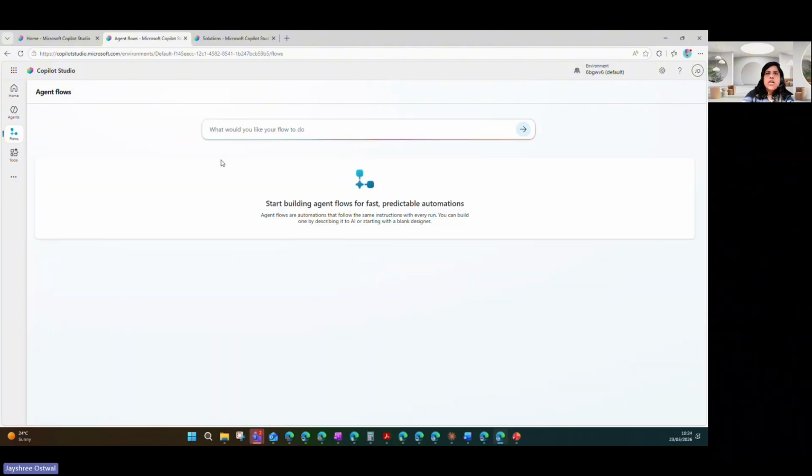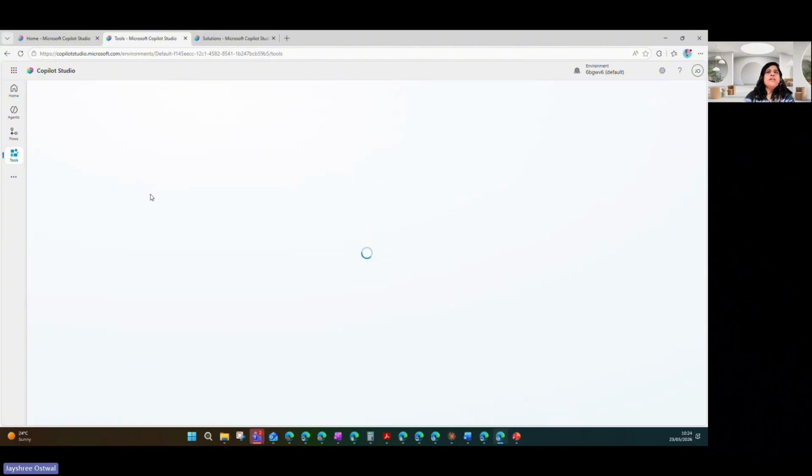Okay, the next tab here is Flows, where you would be able to create agent flows. This is somewhat similar to Power Automate. If you have worked on Power Automate, this would definitely be easy for you. You would be able to create predictable automations, which follow the same instructions on every run. You can get started with AI instructions as well. Basically, you can just define some instructions and it will give you some layout. Something would be built out by AI, and then you can modify it as per your requirements. And then it comes to Tools,